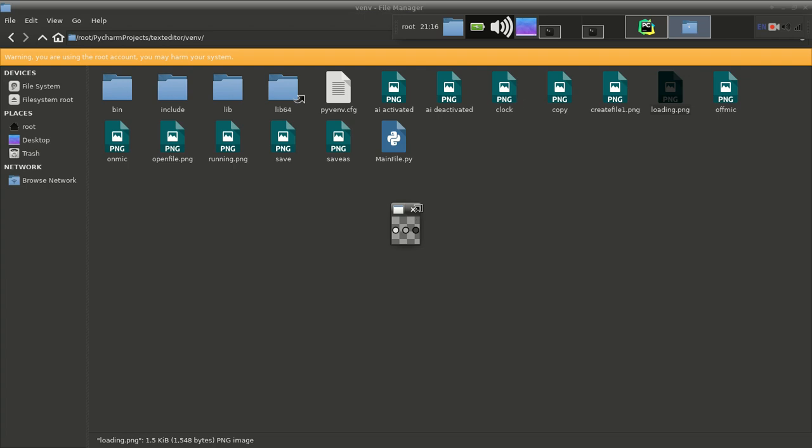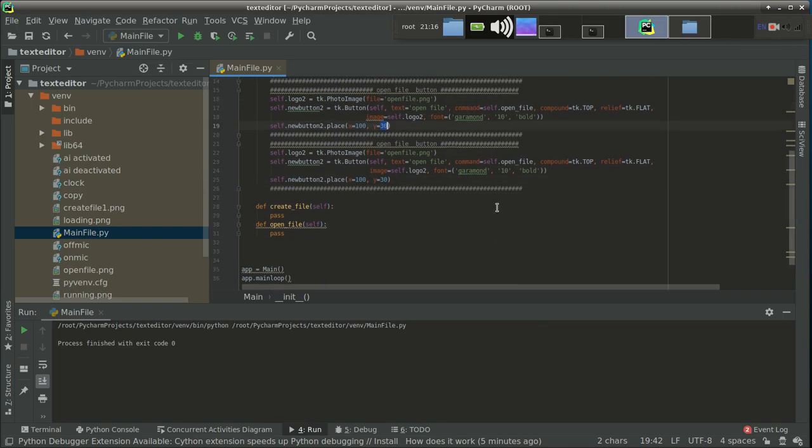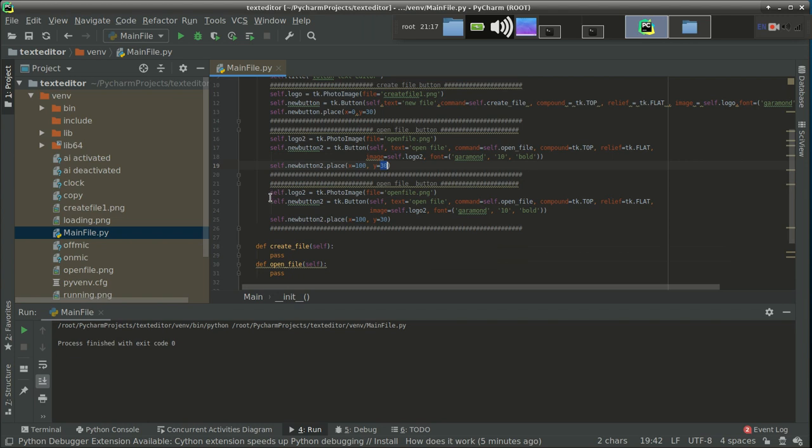So these are two buttons. One depicts the running state, another depicts the loading state. So what we are going to do is import both images because they both specify the indicator together. That's why we are going to import both.